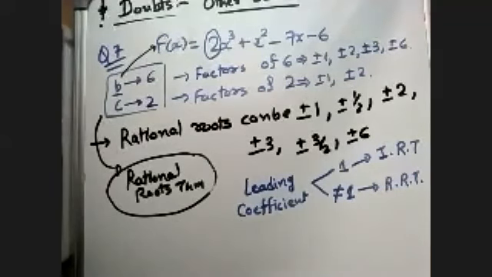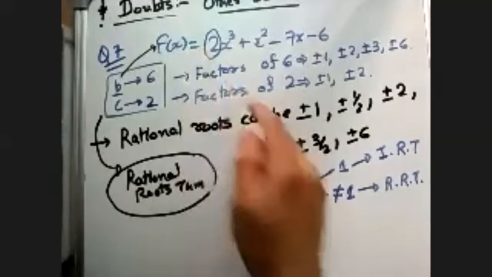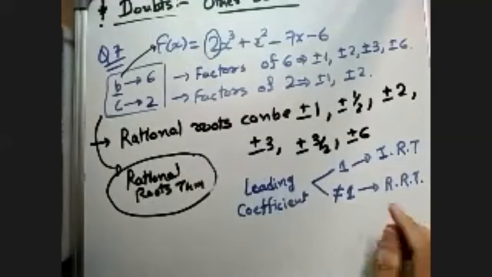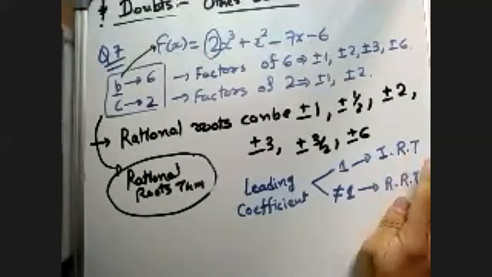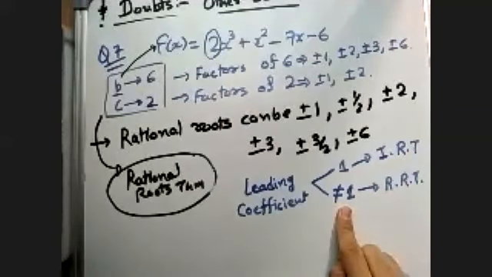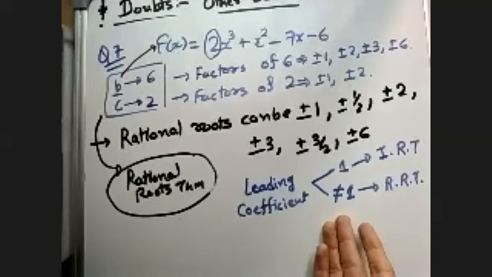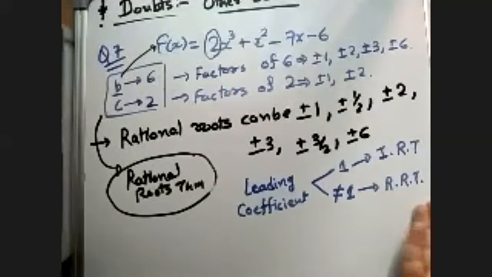If it is neither 1 nor 2, तो कुछ भी होगा ना. 2 का तो कोई जरूरी नहीं है ना. अगर 2 की जगह 3 होगा तो भी rational theorem ना. What I am telling, read ना. If it is 1, we will use integral root theorem. If it is not 1, so if it is 2, 3, 4, 5, 6, lakhs, millions, trillions, what you will do? Rational roots theorem na.